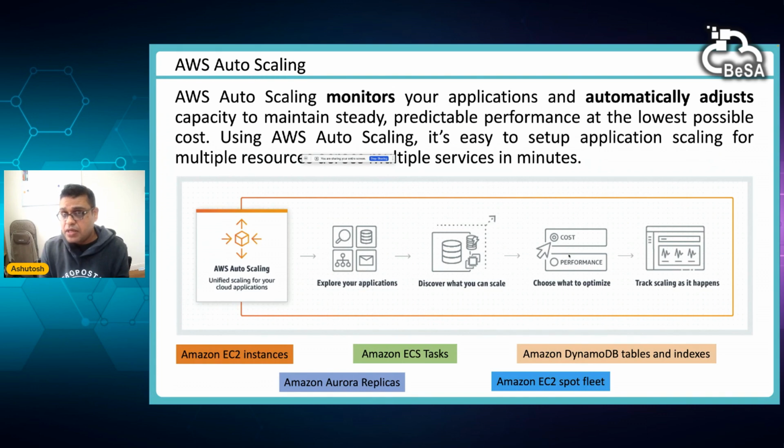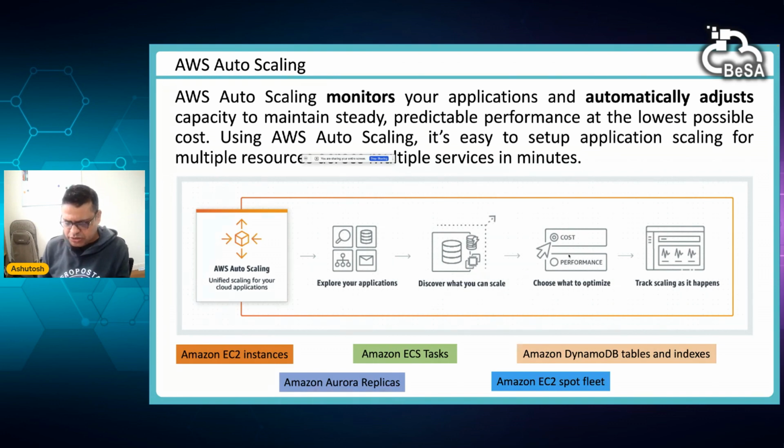Now this auto scaling service will make sure that you always have those 5 servers available to give your customers the best performance, because if the server farm has fewer than 5 servers, then your application might drop a few of the customer requests, right? So auto scaling is an automated process of scaling up and down your resources.